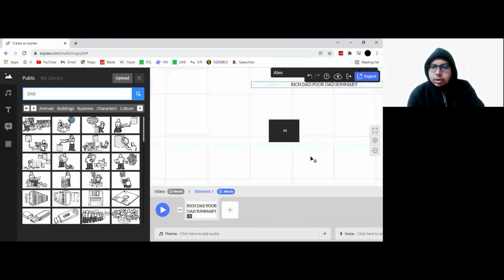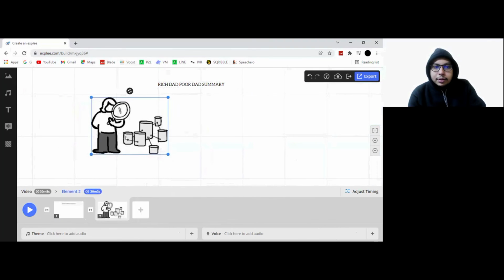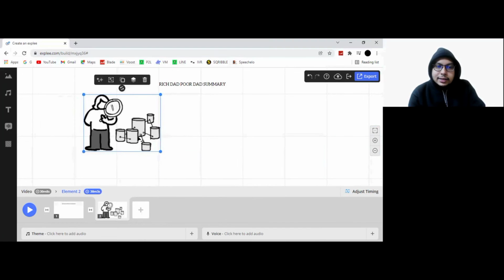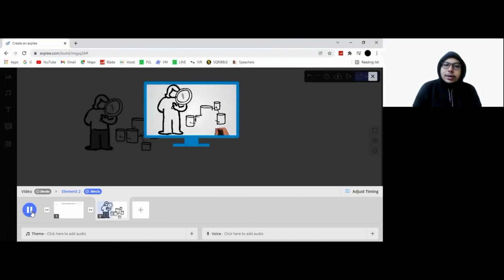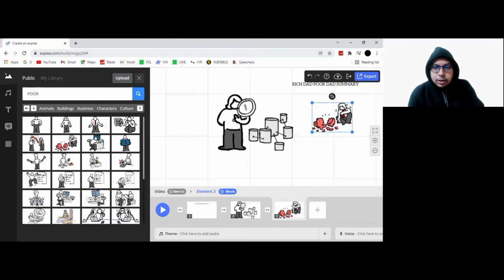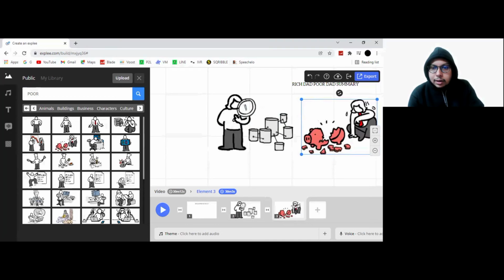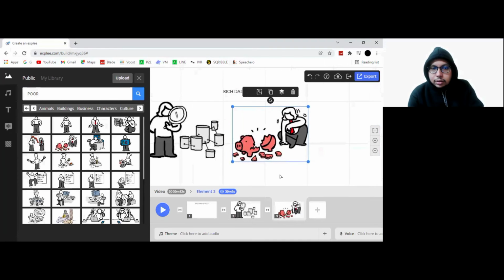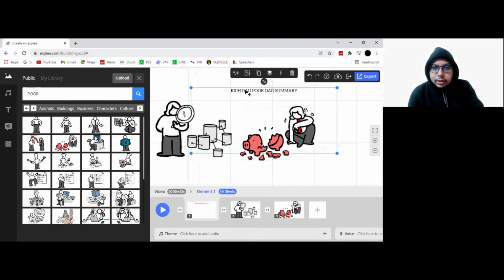This image looks pretty good, and you can actually do it really easily. Here is an image of a rich dad who analyzes everything, and you can make an image like this. So you can see a rich dad, this one. I'm going to keep it like this, and then we can see the Rich Dad Poor Dad, and